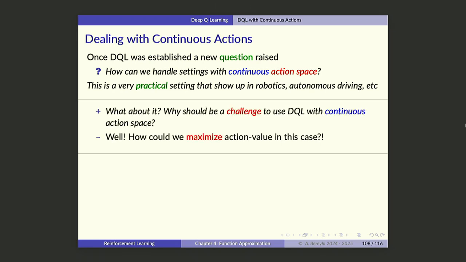And then the question you might ask me is why it's a challenge. The key point is that when you want to do Q learning, you really need to maximize your Q values against the actions. So you want to find the action which is giving you the maximum Q value. When it's discrete, that's easy. You have a neural network, you just enumerate the output and take the maximum one. But when it's continuous, what can you do? This is a continuous function of A, and how can you represent a continuous function of A by a neural network? That is the question. So that is the trouble.